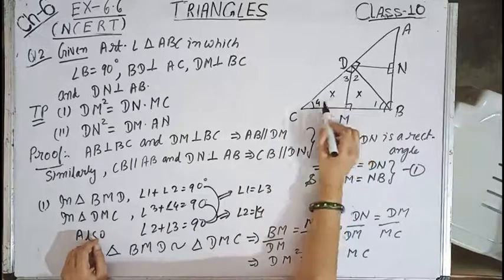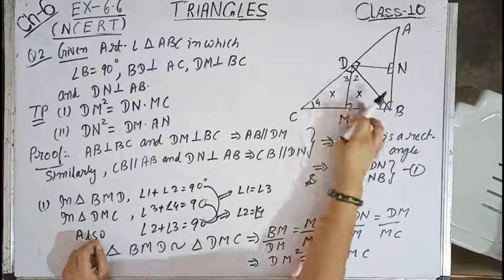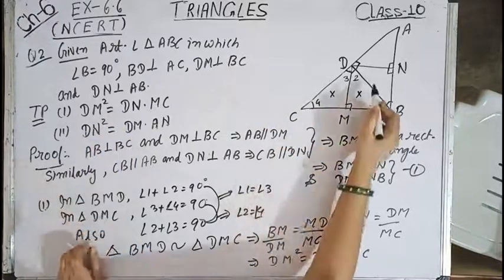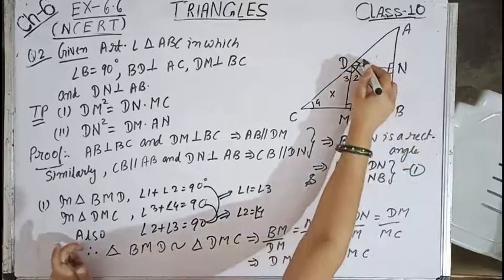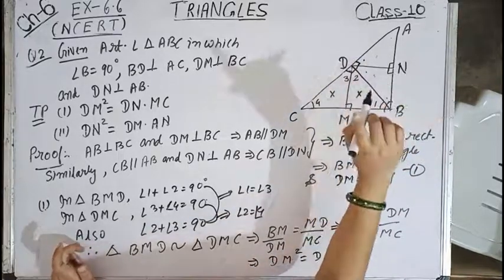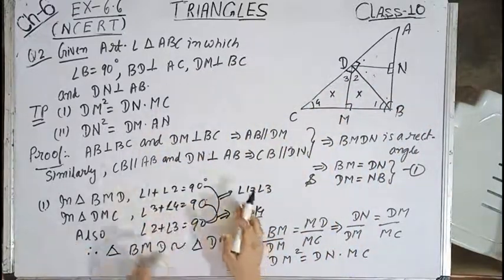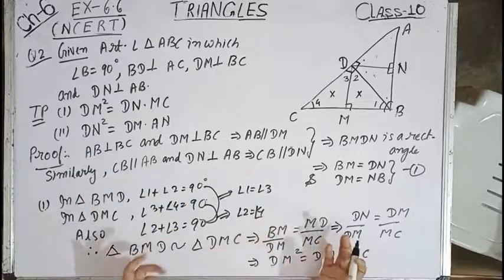These two triangles will be similar since angle 4 equals angle 2 and angle 1 equals angle 3. Once you prove similarity with the correct naming, you will get this relation. Similarly, for these two triangles, if you prove the same concept, this angle equals this angle and this angle equals this angle, by theorem number 4 you will get this relation. So I have done number 1 over here. I am explaining number 2, similarly you can write.